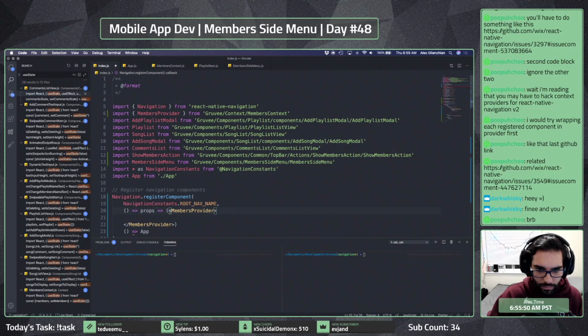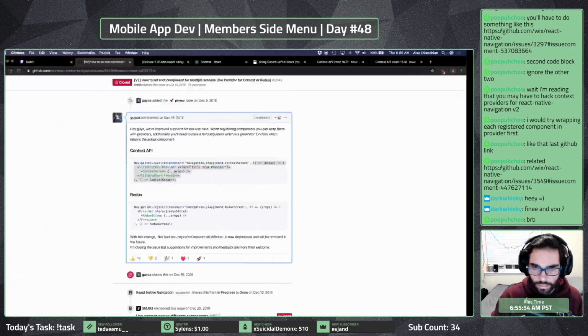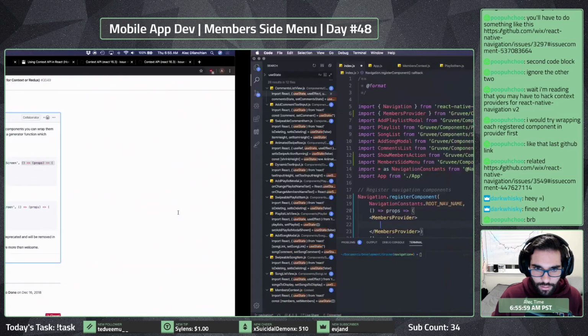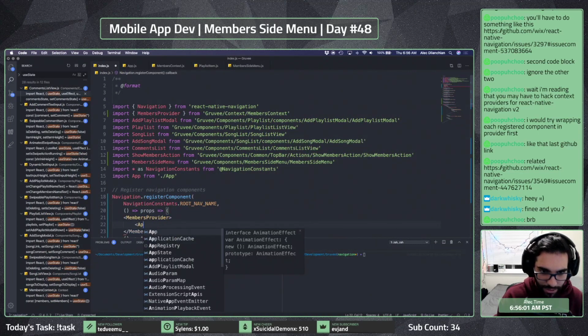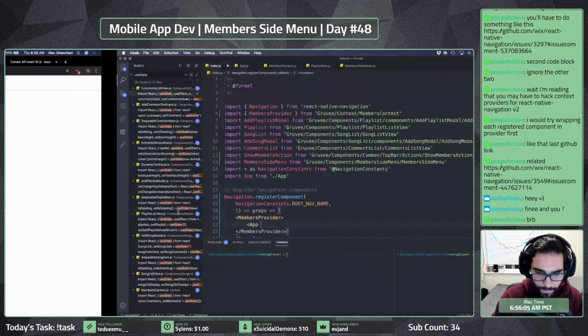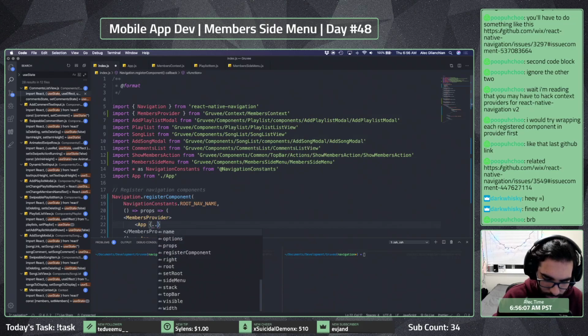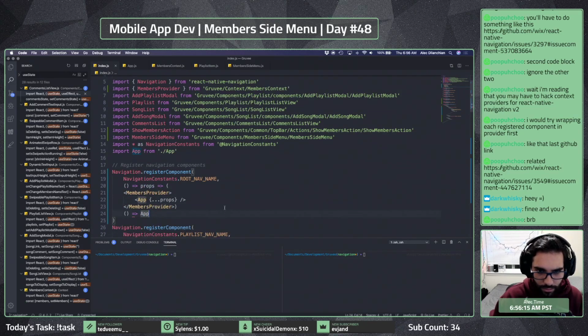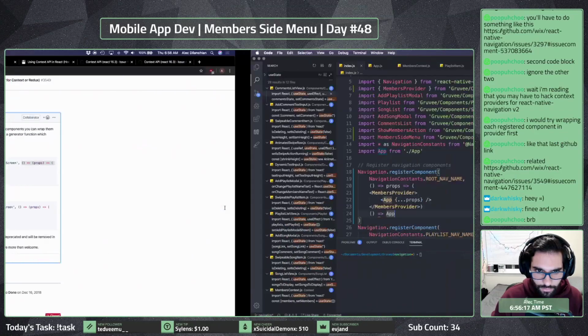Here, we'll go ahead and do whatever the component we're passing in is. So this would be app. And then we'll pass in props. There we go. So along those lines, we need a comma. Yeah, we do. Okay.